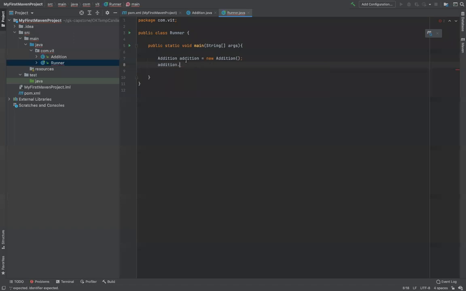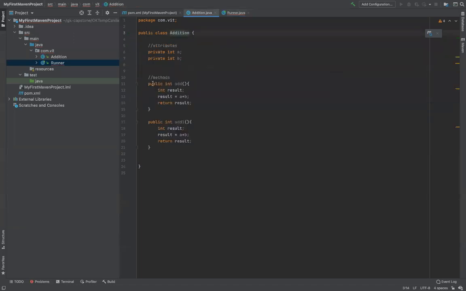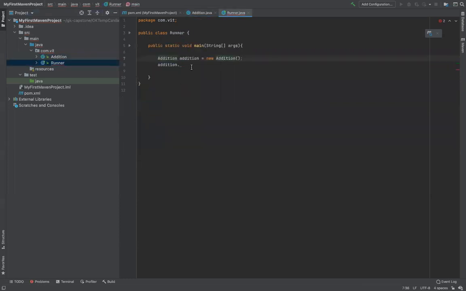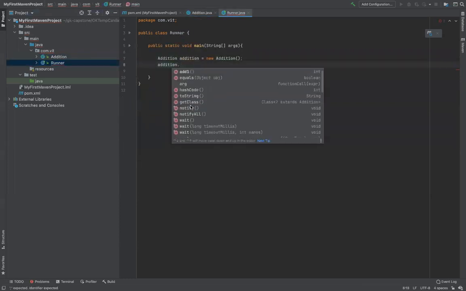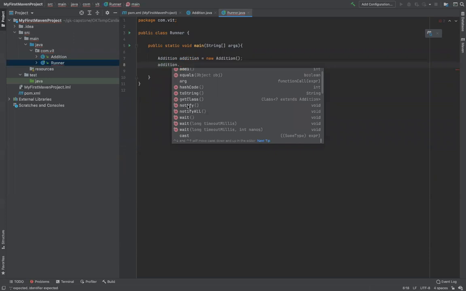So the idea is, if I put a dot in front of the object name, all the methods present in the class should appear. But from where on earth am I getting these many methods? That is a discussion for some other day. I'm not going to talk about it now.